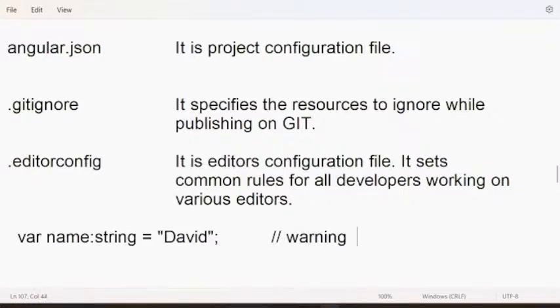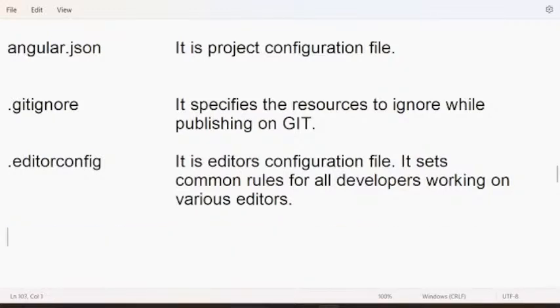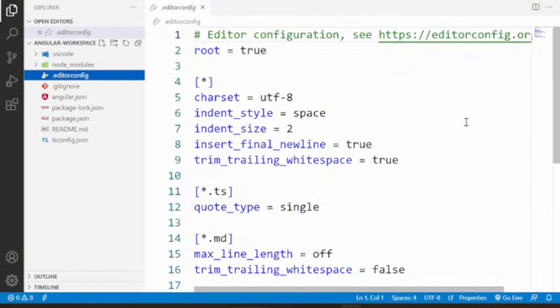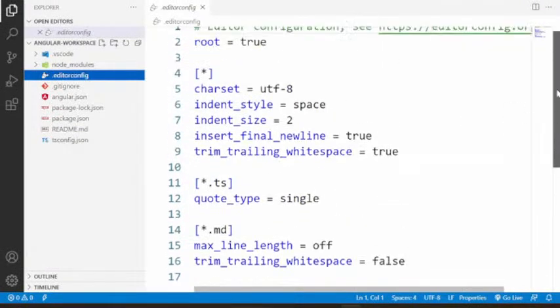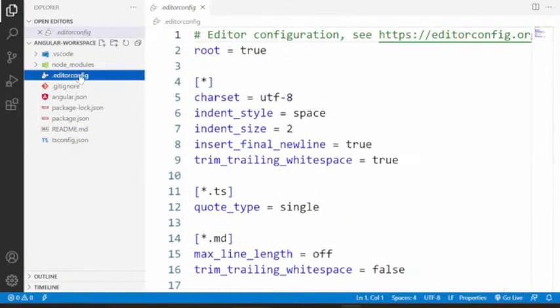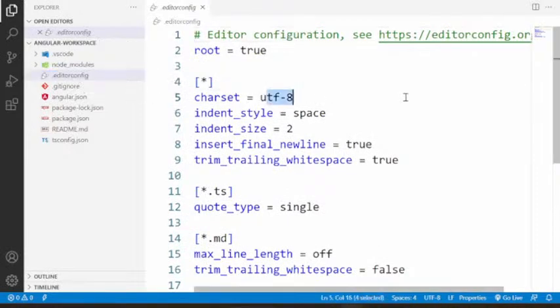It will say that as per the rules, the string must be in single quotes. Because if one person writes double quotes and another person writes single quotes, a lot of issues will be there. So we force everybody to use the same rules. For that, we need to set such rules here. We need to define the rules here. This is related to editors. What does character set UTF-8 mean?